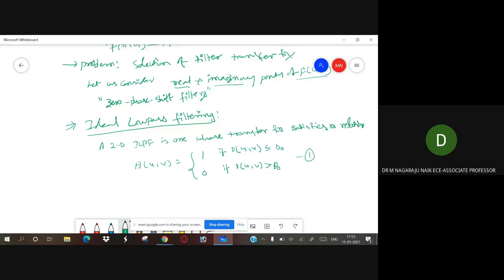A two-dimensional ideal low pass filter is one whose transfer function satisfies the relation.